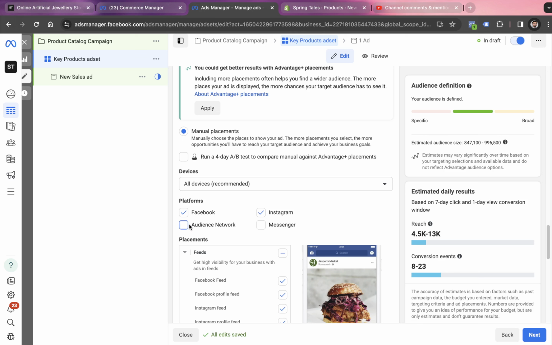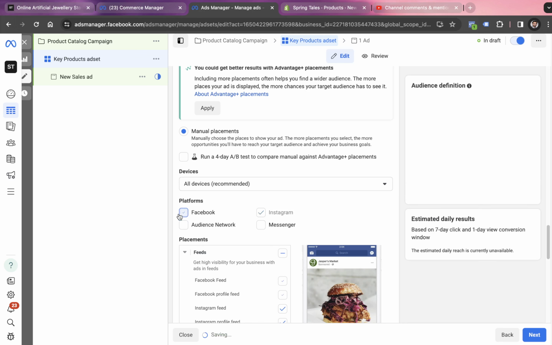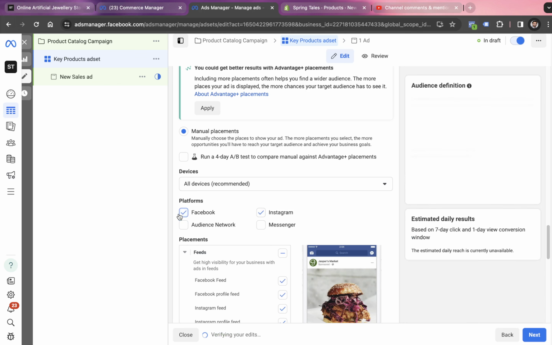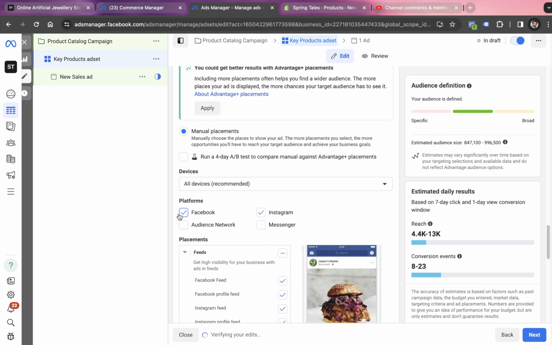In fact, if I compare Facebook and Instagram, I strongly believe Instagram is generating more sales when it comes to tier A cities. So rather than going with both the platforms, we can also only go with Instagram. That's not a problem at all. But let's go with Facebook in the start. I will be seeing the performance, and then if needed, we can optimize the campaign by taking off Facebook as a platform. In terms of device, we can go with mobile or desktop both, or else we can only go with desktop. Let's keep both the options right now.